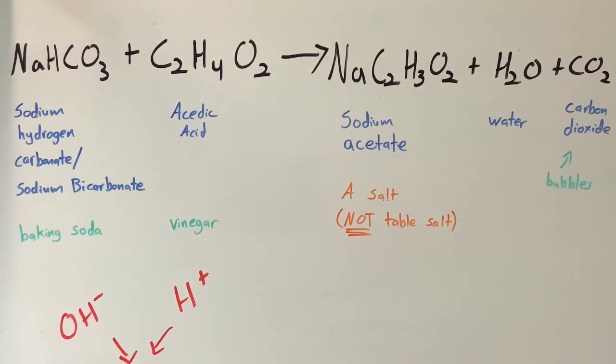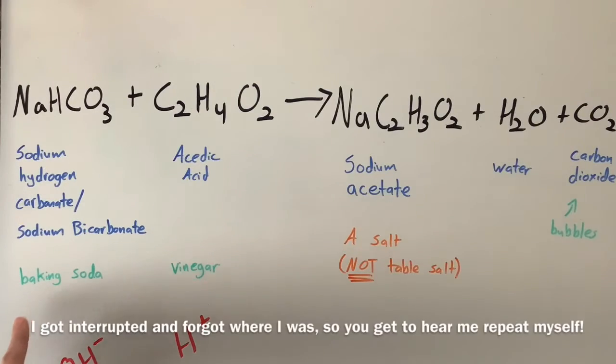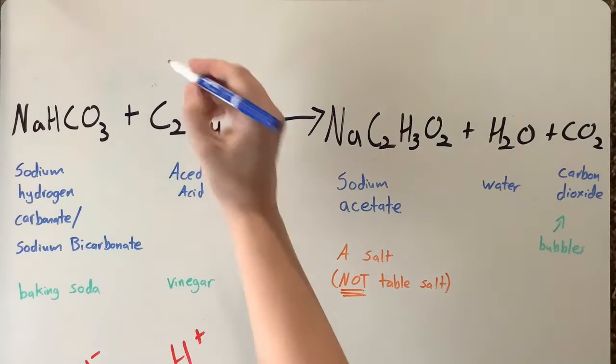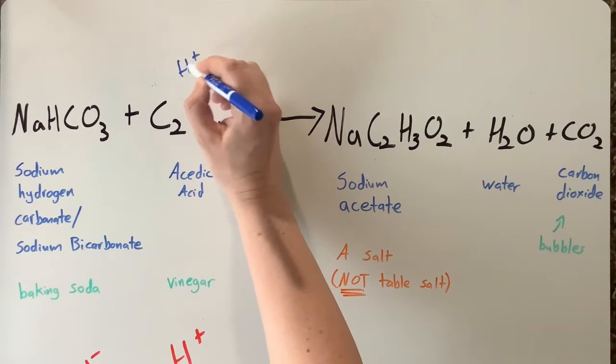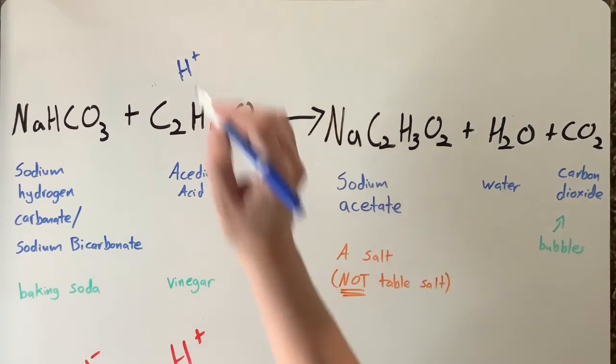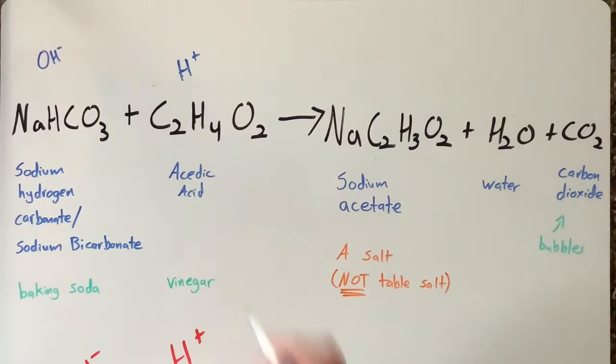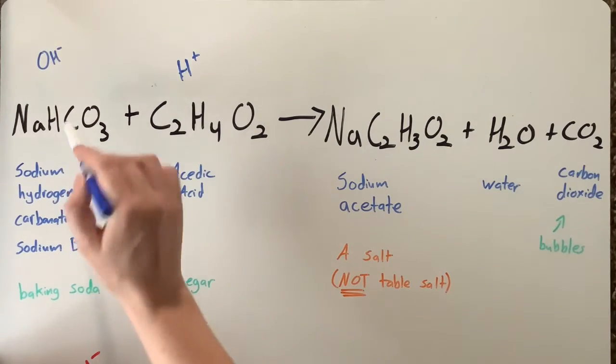Acetic acid is an acid, shocking, I know, which is the main acid in vinegar. And you also have a base or an alkaline, which is your baking soda, or sodium bicarbonate, or sodium hydrogen carbonate. An acid tends to break off a hydrogen ion. That's an H, pretend it looks good. And a base tends to break off a hydroxide ion, right? With me so far? So if we took that off of this, we have